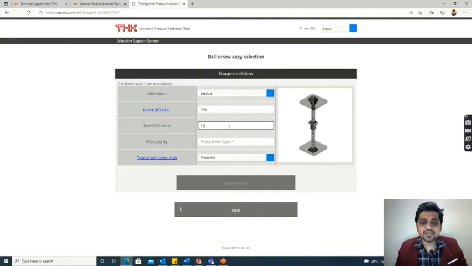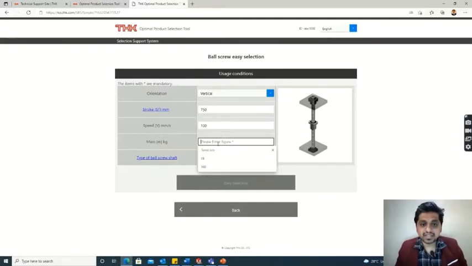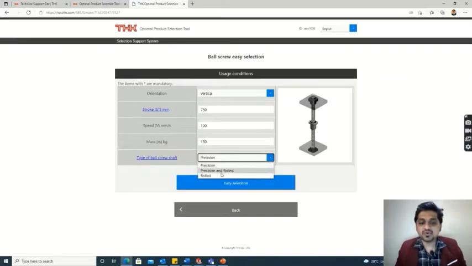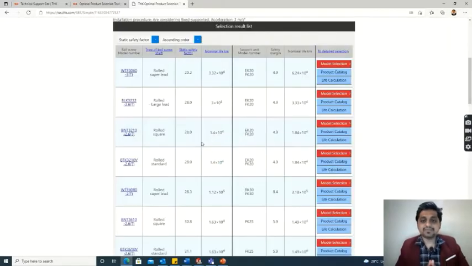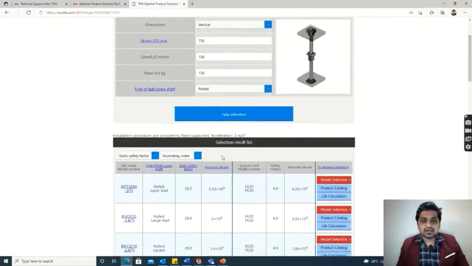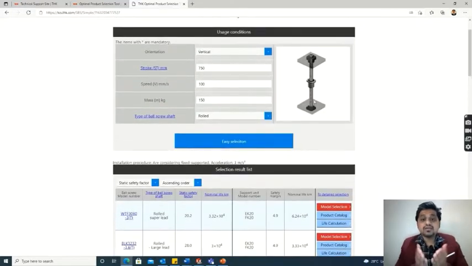The speed is 100 mm per second, the mass is 150 kg, and for the type of ball screw we will select a rolled ball screw. These are different categories based on the manufacturing method. Then the easy selection tab will highlight, just click on it and it will show all the ball screw options available for our system input.